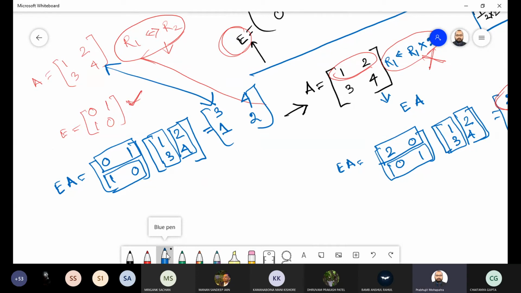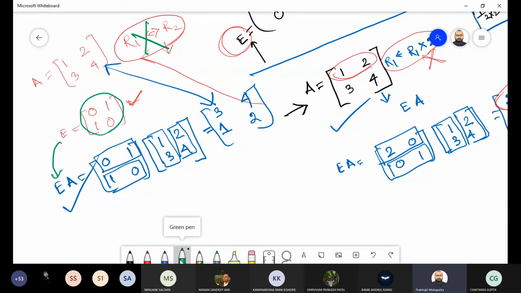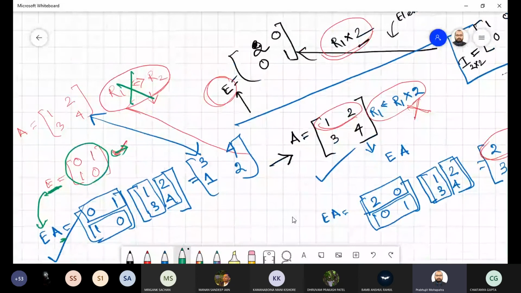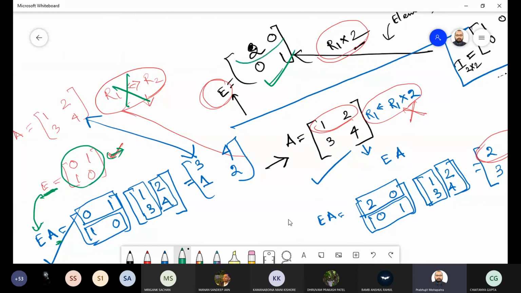Yes, sir. Another thing also we can do. First, we multiplied with any constant C, then we interchanged two rows without doing any operation directly. You may ask what extra thing we are doing. We are doing the same thing using elementary matrices. In the elementary matrix we have interchanged the rows. Whatever operation we do on the elementary matrix, the same thing happens with the matrix A. When we multiply 2 with the first row of the elementary matrix, the same thing happens with our matrix.